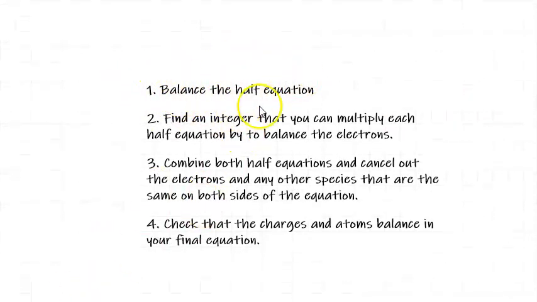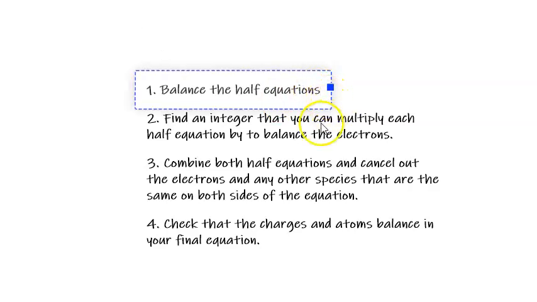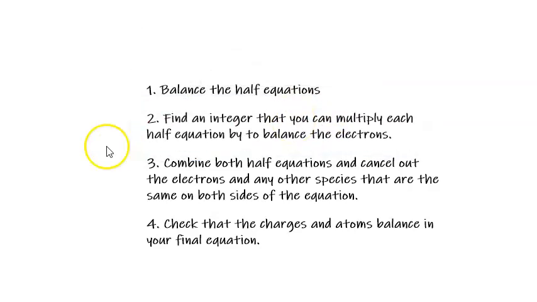First of all, you balance the half equations, which you need to watch the previous video to find out how to do. Then, once we've got the half equations balanced, we need to find an integer, or a whole number, that you can multiply each half equation by to balance the electrons. That could just be 1, or anything higher than 1. If one equation has 5 electrons and the other has 2, you would multiply the equation with 2 electrons by 5 and the equation with 5 electrons by 2,